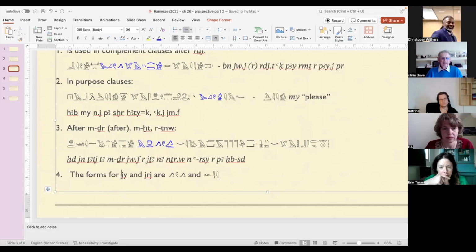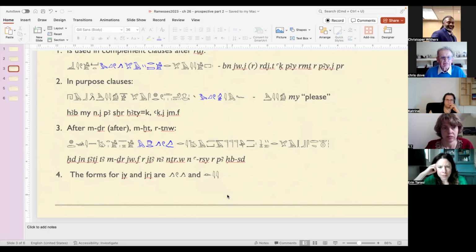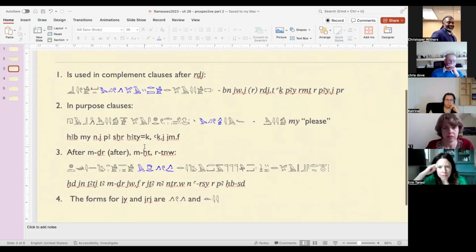Two special forms of "to come". As you can see here, the perspective is normally spelled like this. It can also have an extra T in there, which may be familiar from Middle Egyptian. And then of Iri, it's normally this here. So maybe something like Irai, Ire, who knows? But there is a double reed leaf at the end. Different from the past sejam F, does that have a double Y as well? It might. I'm not going to say anything about whether you can distinguish them by spelling. I think you can. In any case, those are the basics.